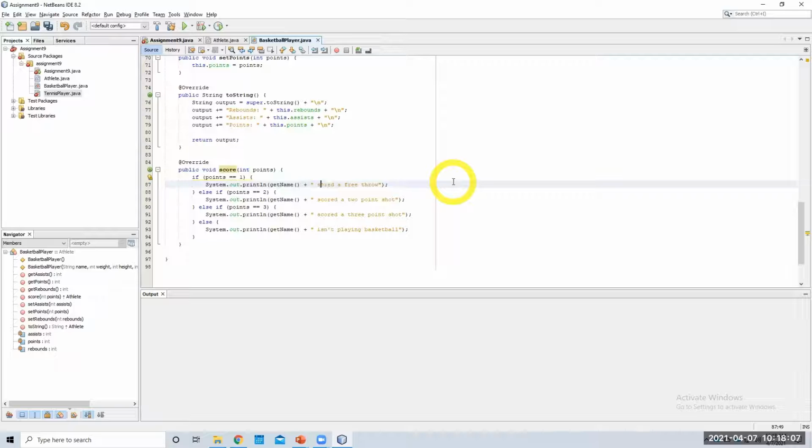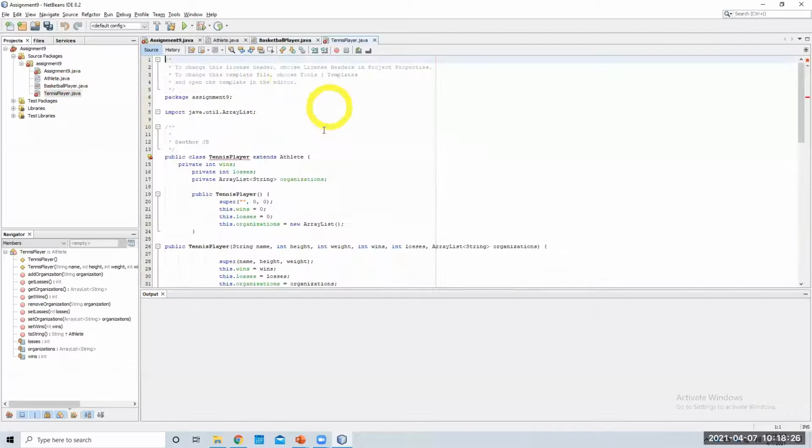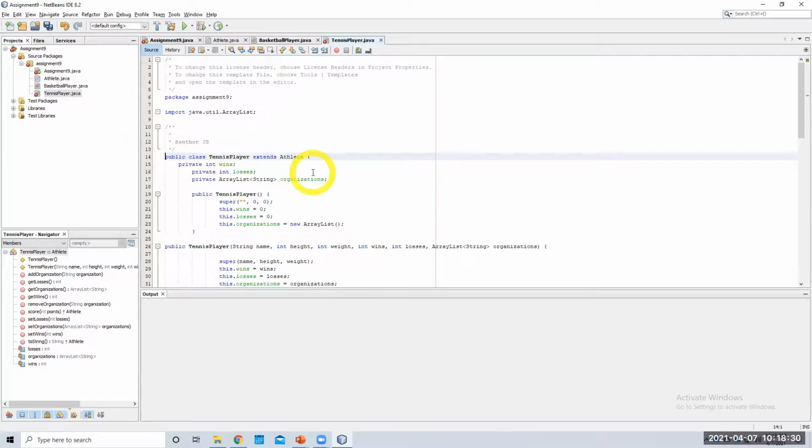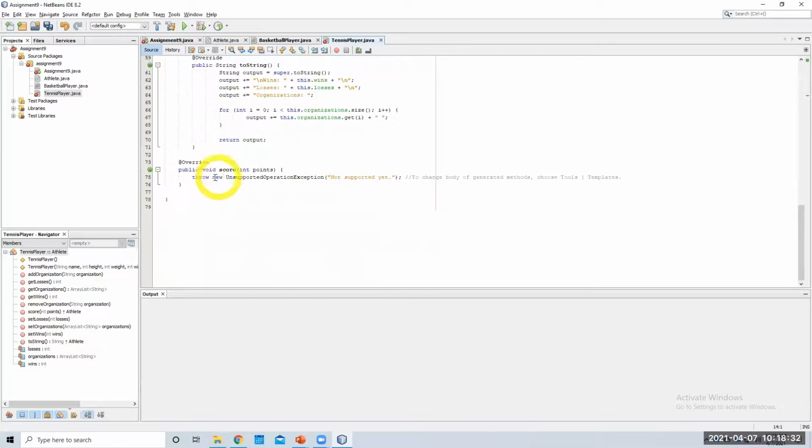All right. For a basketball player, if they score a point, I want to say scored a free throw, scored a 2-point shot, scored a 3-point shot, or isn't playing basketball if it's not one of those three, right? That's what I want to do for a basketball player. However, if we go to a tennis player, we have to implement all abstract methods. For a tennis player,